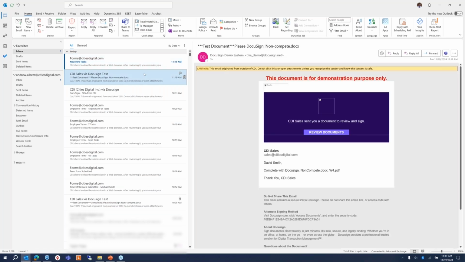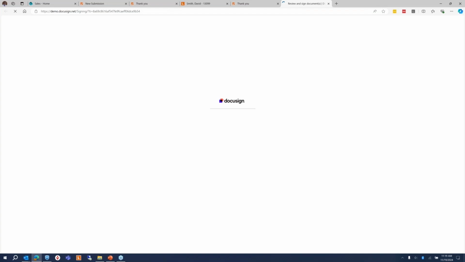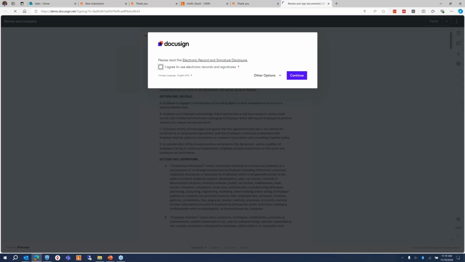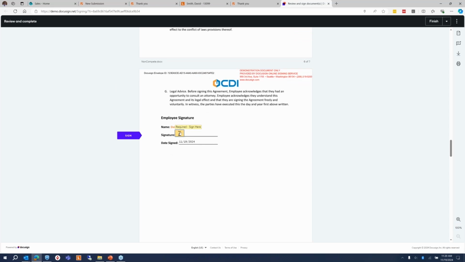But let's go ahead and complete this onboarding packet. So this is me. I'm assuming here that I am the job submitter and I get sent this packet to be completed. This is through our DocuSign integration. And this could be a big bundle of forms, essentially. You can include whatever you need to have them complete as part of that onboarding process. And DocuSign makes it really easy to sign. You'll notice it pre-populated that information into this request, right? Into this NDA, their name, the date here. And then they can just simply click sign,